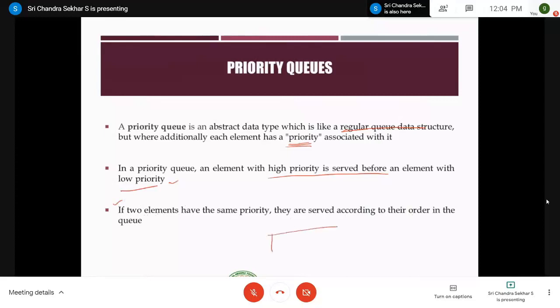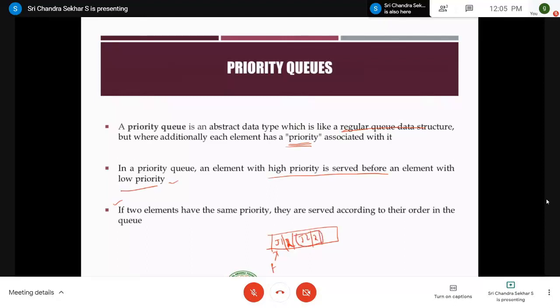For example, J1 and J2 both are trying to enter into the job queue. Or else, for example, J1 with priority 1, that is the highest priority, is already present inside the queue. Let the priority be 2, and assume that J2 with the same priority 2 is entering into the job queue.